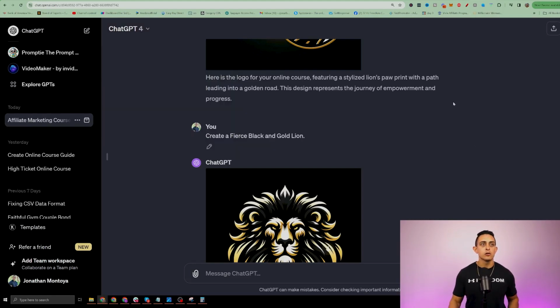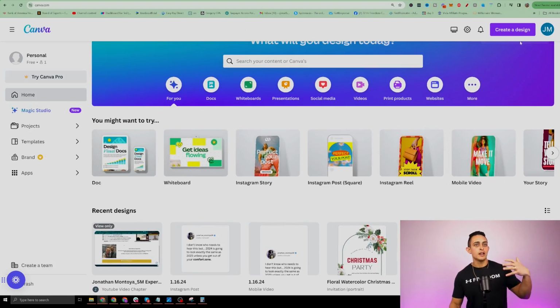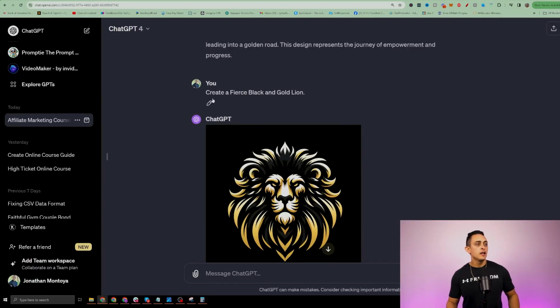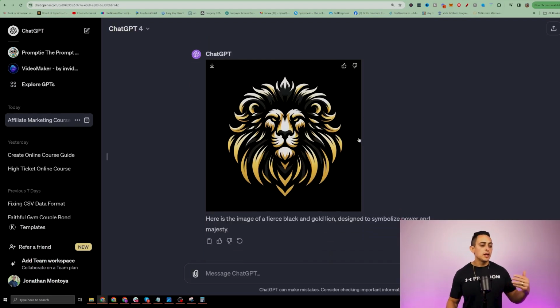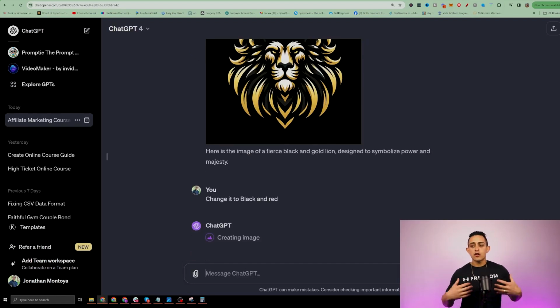Now, if you do want to create your own logo, you can also use, again, Canva to create this for you. But you'll see here, I just said, hey, create a fierce black and gold lion logo, this is exactly what I'd want to do. So you'll notice here, it created a pretty good logo. And then from here, you can just say, add these letters or change this up, change this color, right? So I can say, change it to black and red, and it'll simply now create the image